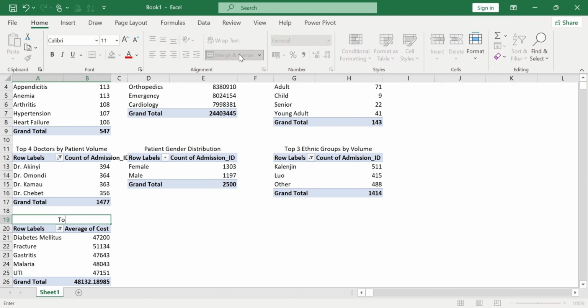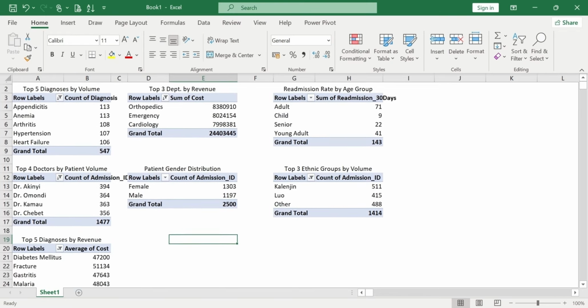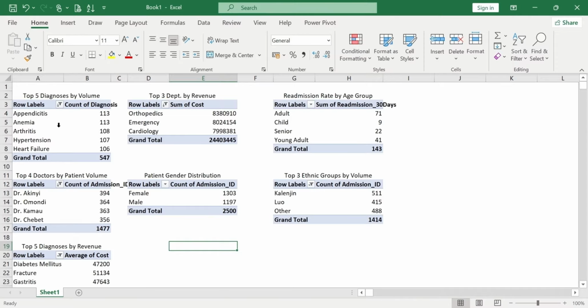Let's actually have a title there. Top 5 diagnosis by revenue. Just like that. So that's actually done. So we have up to 7 reports. So this is actually report number 1, report number 2, number 3, number 4, number 5, number 6, and number